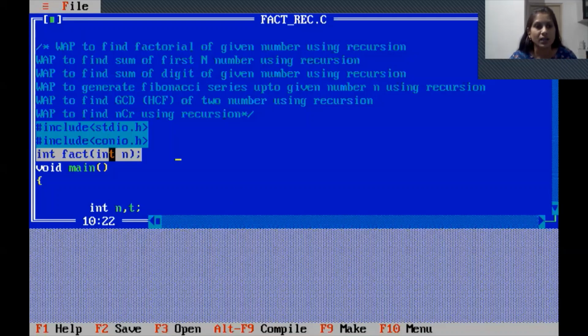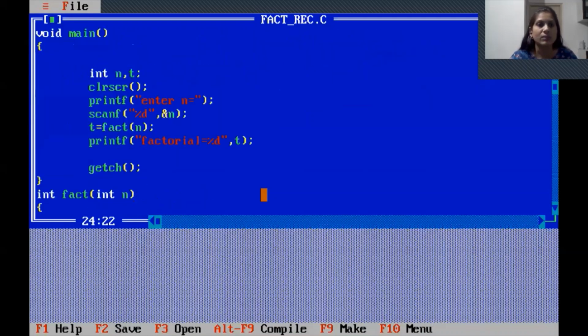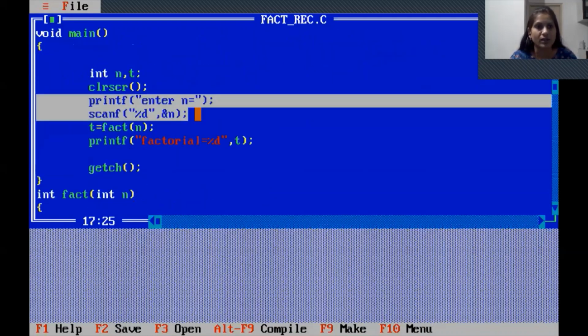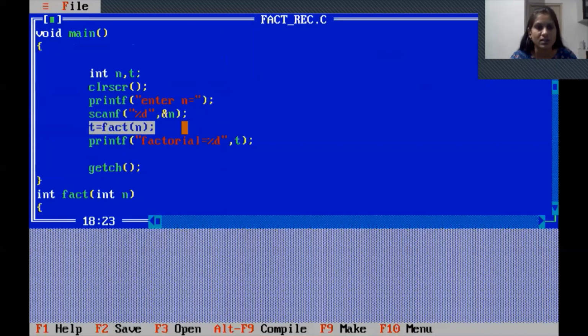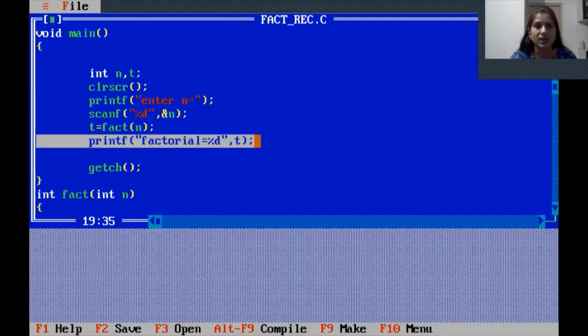So here we are making the fourth category, with argument and with return, because the answer of factorial is an integer, and the number n is the one for which we find the factorial. We pass one argument, n, whose value is read with printf and scanf in void main, and then call the function. When the function returns something, it stores the returned value in t, and that value will be displayed here.